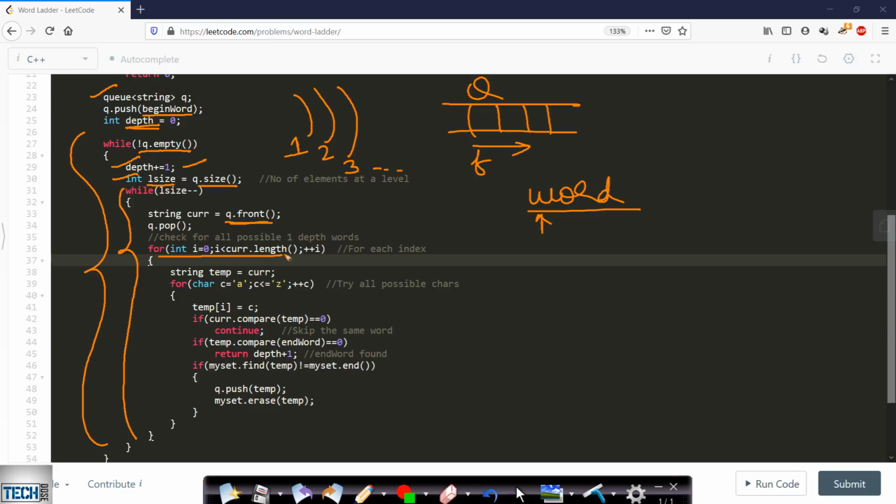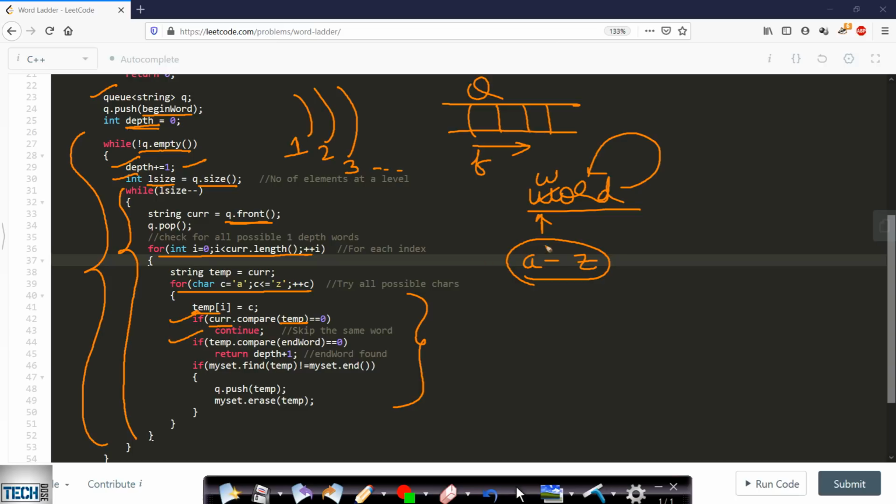So this for loop is for each and every letter, and for each letter we can make A to Z transformations, and all the letters are lowercase. Now this is basically a brute force transformation method. After doing a single transformation, we will store it in a temporary variable, and then we will compare if temp is equal to our current word, because words are not repeated, and obviously you will not repeat this word again. You will not transform this W with W, because that will be the same word. So this should not happen. If it happens, then we will continue. We will skip this step.